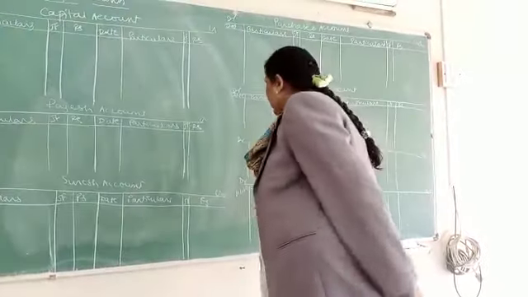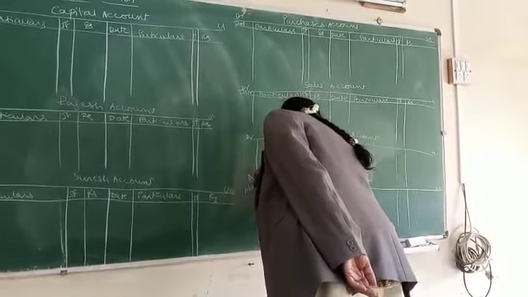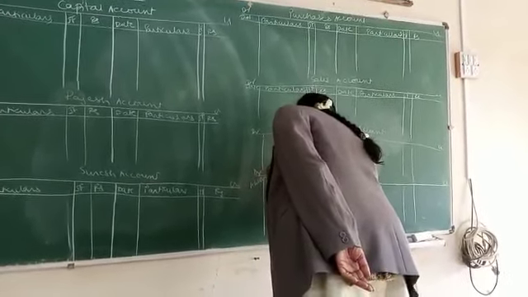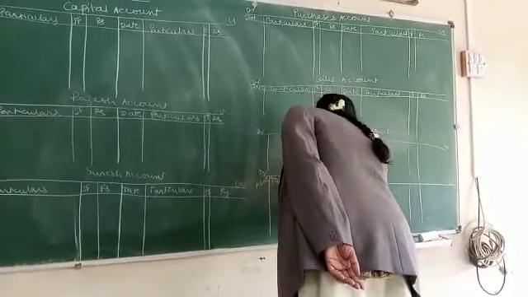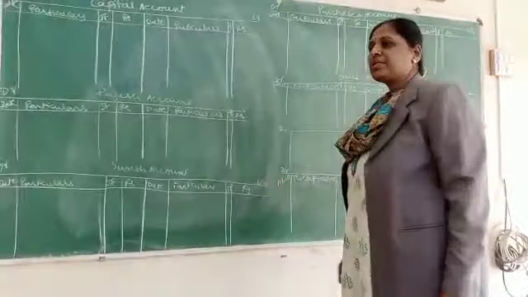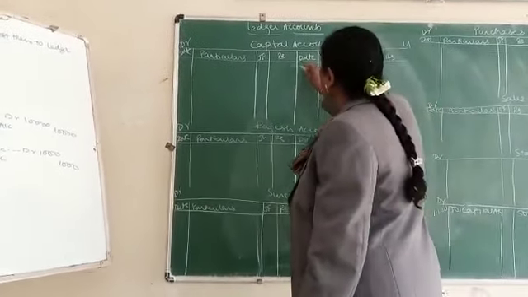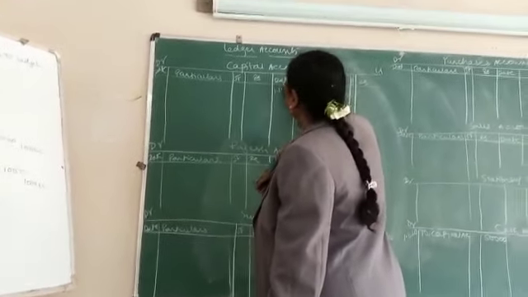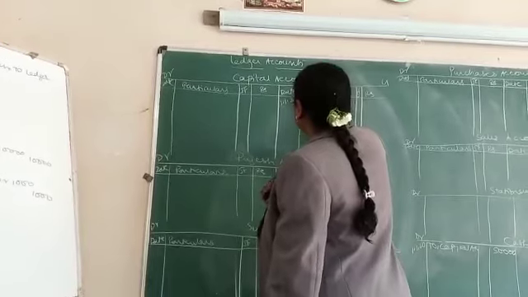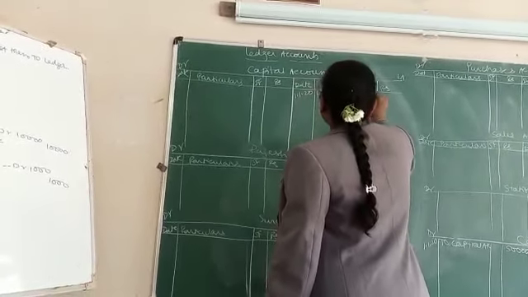So which account is credited? Write it as to capital account. To capital account. And the amount is 50,000. Come to the next. What happened to the capital account? It is credited. To means it is credited. Come to the capital account credit side. Which account is debited? Cash account is debited. Write it as by cash account. Same amount.